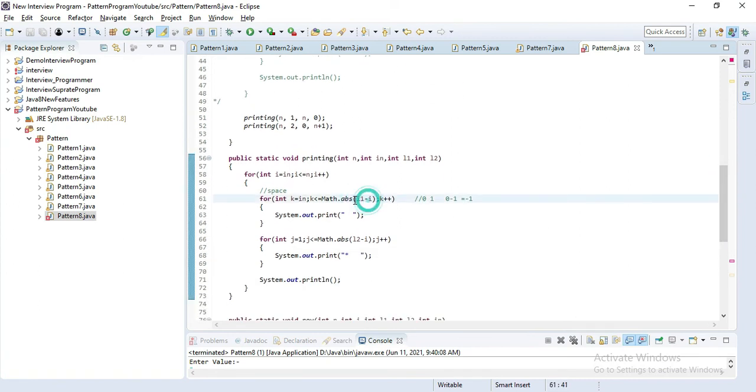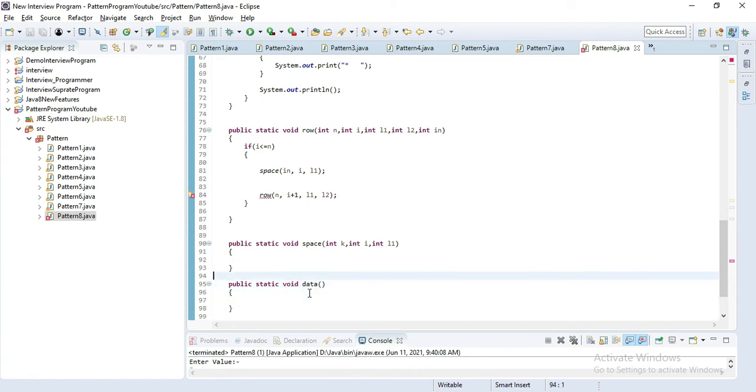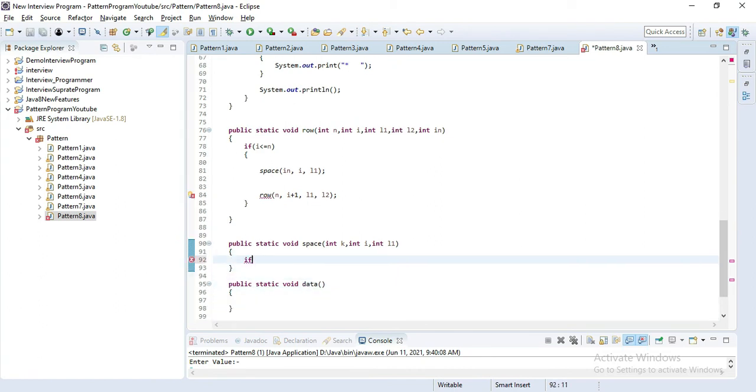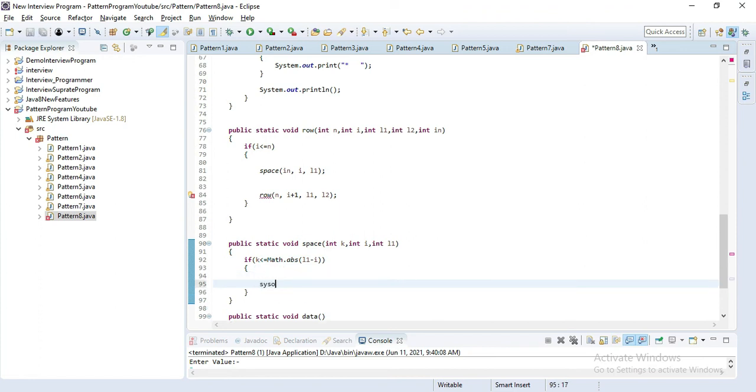Okay, now let's use this condition. I'll simply copy this condition and create one if condition here inside the space method. You can see if this condition is satisfied, then first we have to print a space.